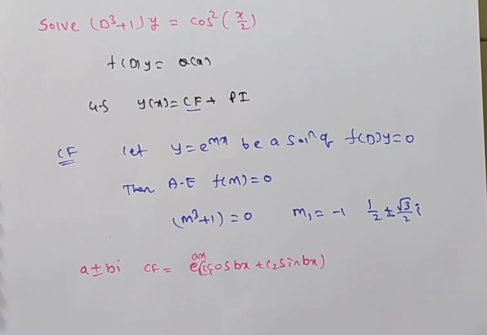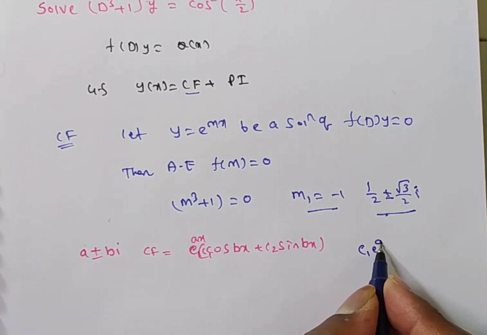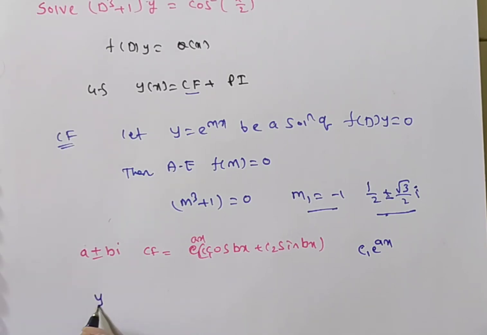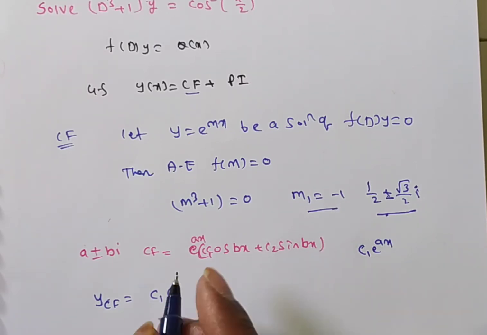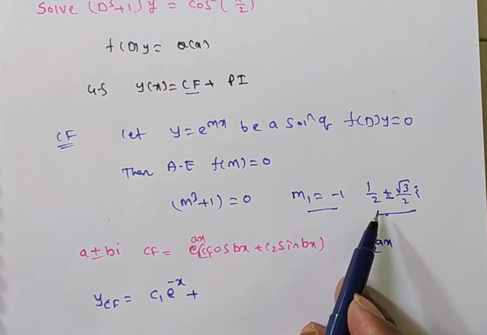Now you observe, here you have real roots as well as complex roots. So first I am writing the real root. For a real root we generally write c1 e^(ax) only. So y_CF = c1 e^(m1 x), where m1 is −1, so c1 e^(−x), plus,